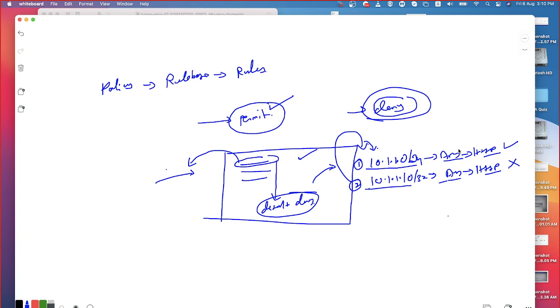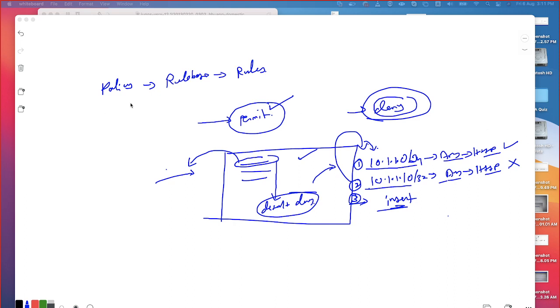Now while you are adding rules to the existing policy, the new rule is going to be added at the end. Assume that I have 2 rules already. If you're creating a new rule, that rule is going to be placed in the third position only. Right? Can I reorder it? Yes, I can reorder it. There is a command in Juniper Junos called the insert command. Using this insert, you can reorder the rules. Okay, so that's what we need to remember. Don't forget this one.